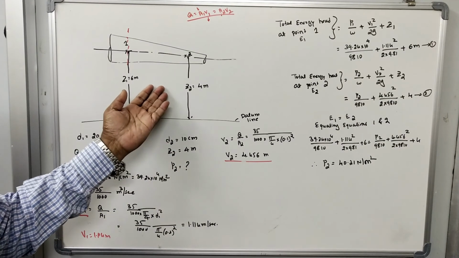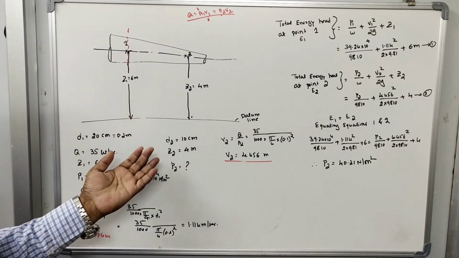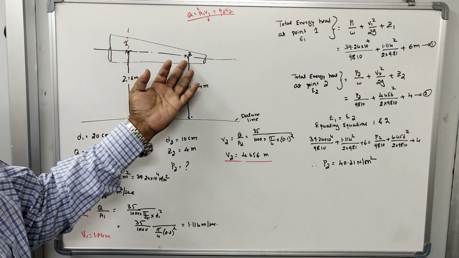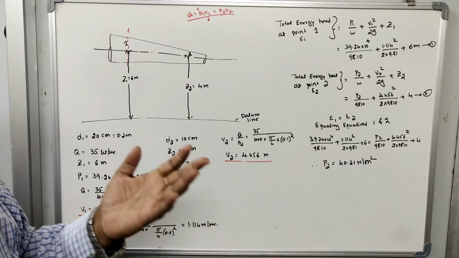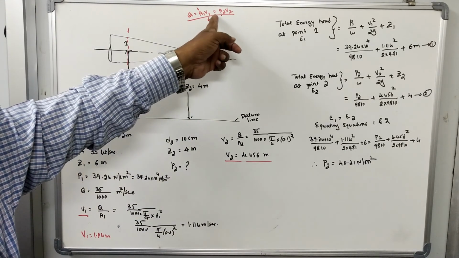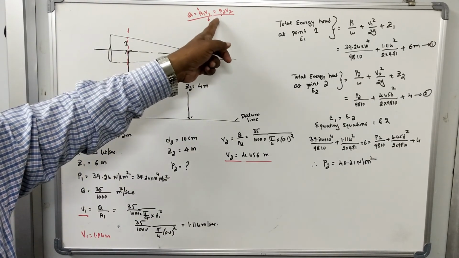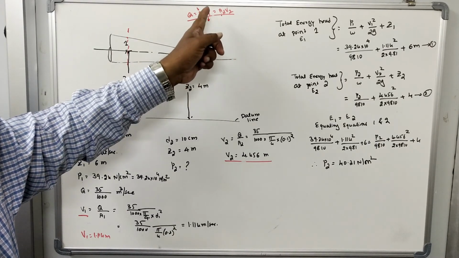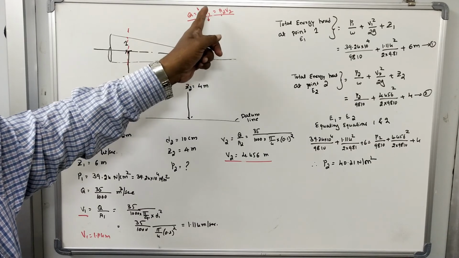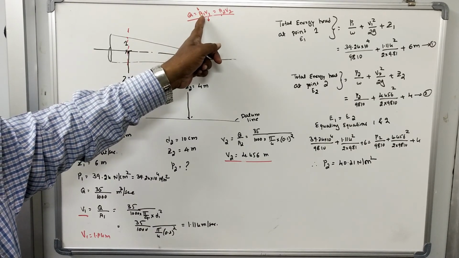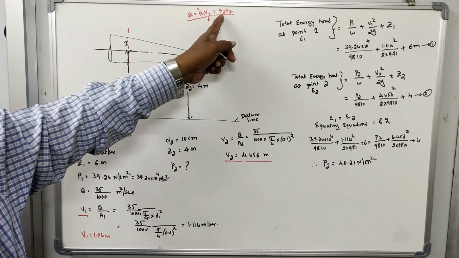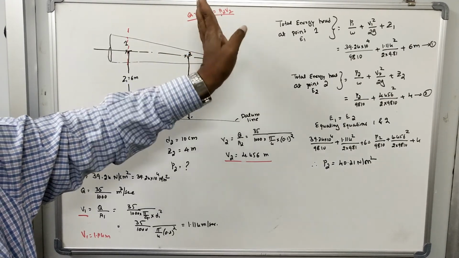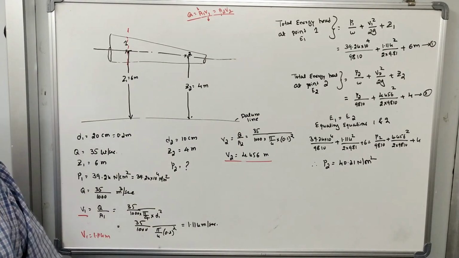Okay, so same type problem. Only thing is you have to find the velocity head at point 1 and velocity head at point 2 and also the rate of discharge satisfying the continuity equation. So there you need the application of continuity equation. Once you know the velocity at point 1 and cross sectional area at point 1, and cross sectional area at point 2 is known, only unknown is V2, so you find the V2. So this is the next problem.